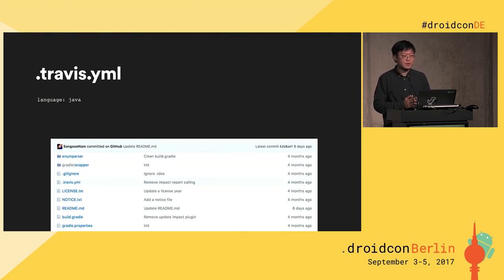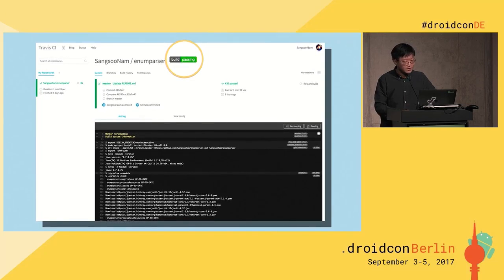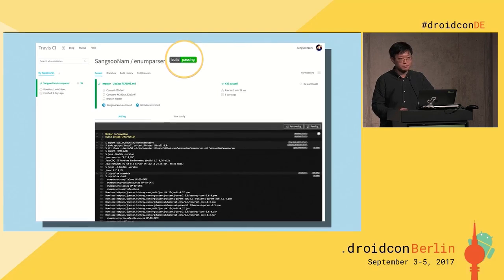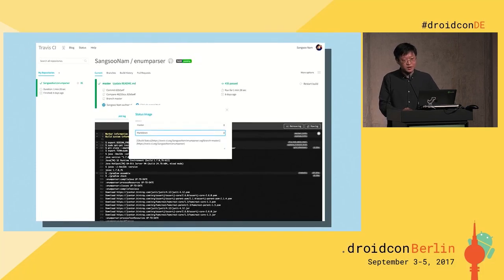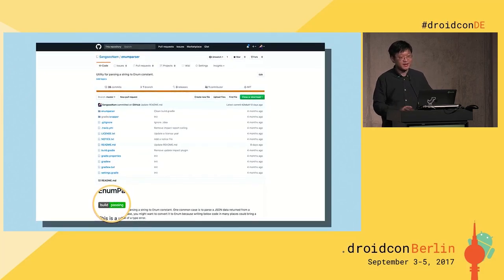And because this is a Java project, what you need to do is only one thing, just one line. This is language: java. That's it. And Travis CI understands everything, and it will compile, and it will say whether the build is passing or not. And that will happen whenever you make some code change in your repository. And if you click that badge, build is passing, you can copy the markdown image, and then you can add it into your readme file. Now the repository is getting shinier and shinier.